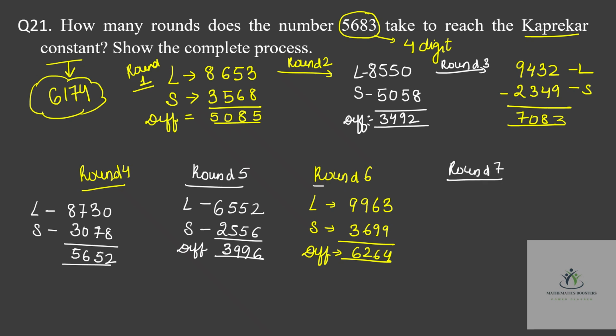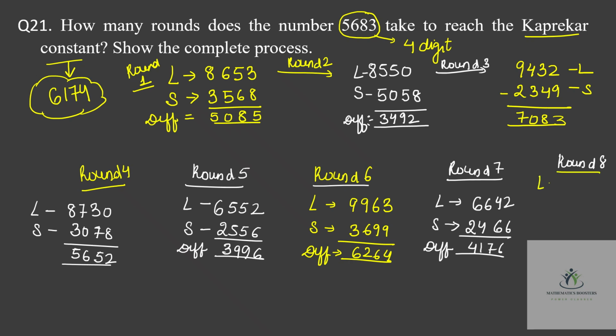Round 7. Largest 6642. Smallest 2466. The difference is 4176. Now round 8. Largest is 7641. Smallest is 1467. And the difference is